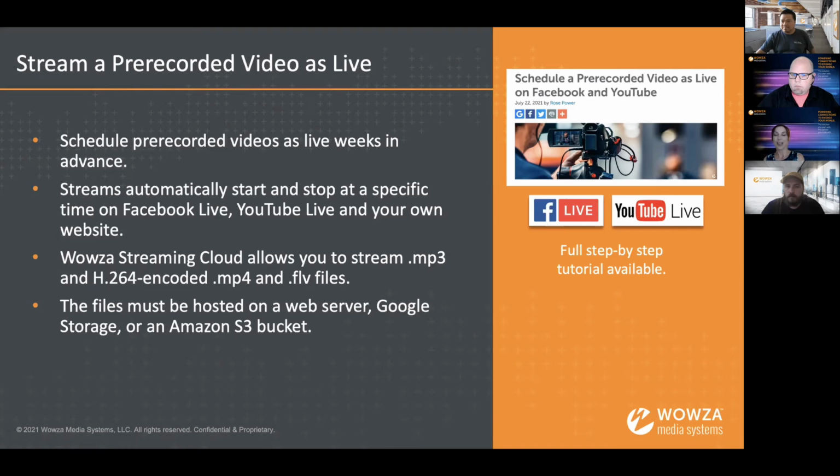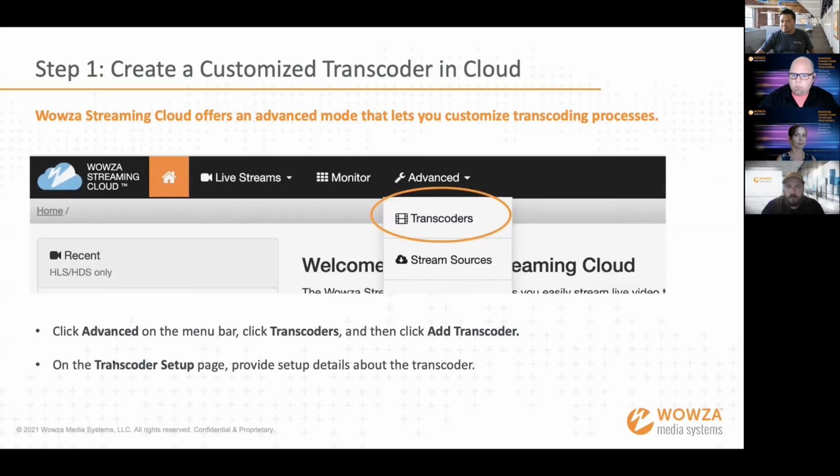So yeah, let's take a quick look at how you set this up in cloud. Next slide. I think most people, when they go into the Streaming Cloud Manager, click on live streams in the black nav bar there. But as Mac was just showing you, there is another way to set things up, and you can create your own transcoder. It just has some customized settings available to you. You would just click on Advanced, the drop-down would appear, you click on the transcoder, and as Mac quickly showed you already, you would just name your transcoder and enter some information about that.